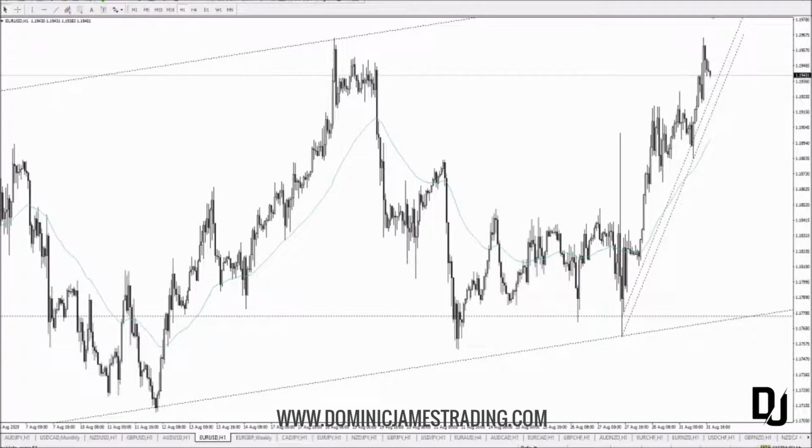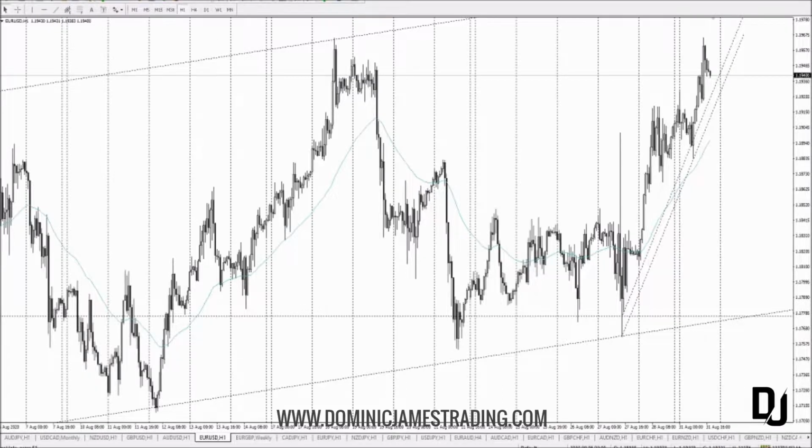Probably prefer this because we'll go on to euro pound in a moment, but we'll see if we can break structure, get below Monday's low, and I'll be open to sell that and looking for previous week's low as targets, and maybe even lower if we get momentum. Go on to euro pound